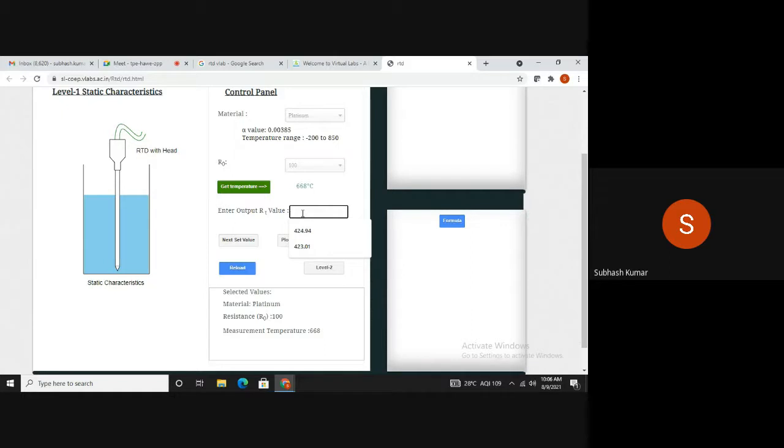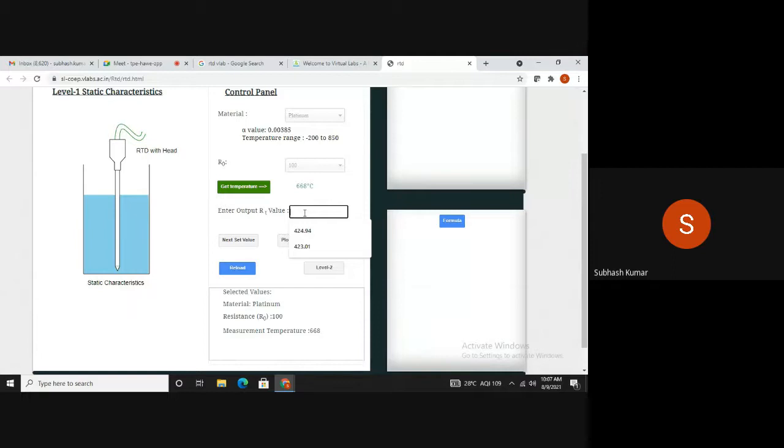The value of R0 is 100, and it is 1 plus alpha T, where T is 668 degrees Celsius. So we take 668 into 0.00385.